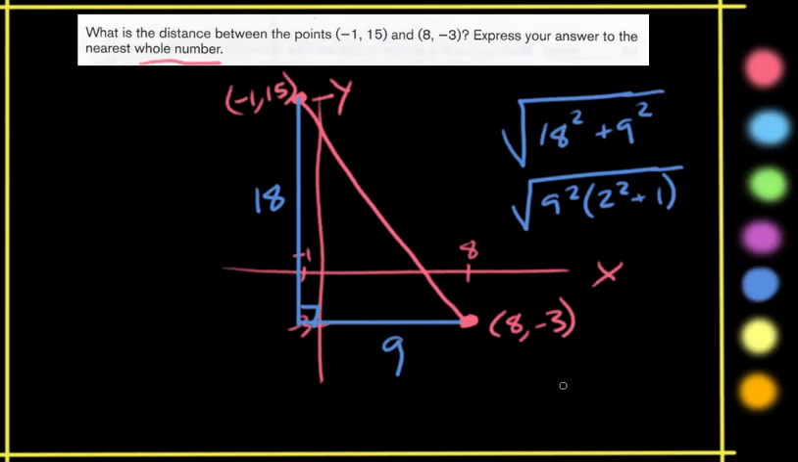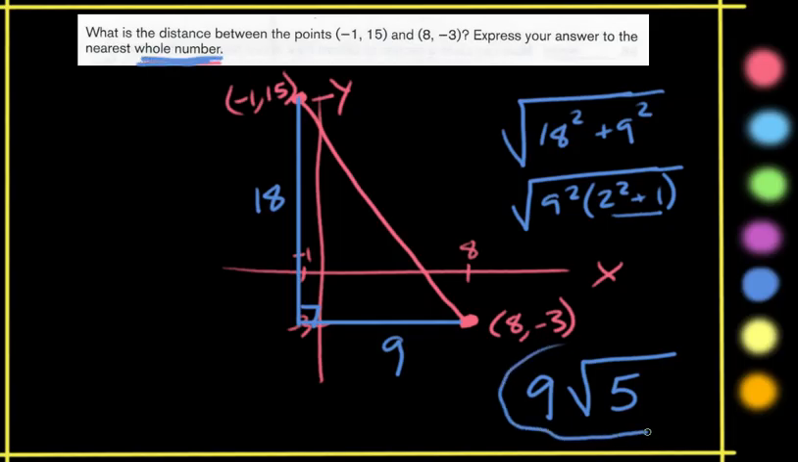It's going to be 9 times the square root of 4. This is 4 plus 1, which is 5. 9 times the square root of 5. Okay, and it wanted us to express the answer to the nearest whole number, which can be a little tricky